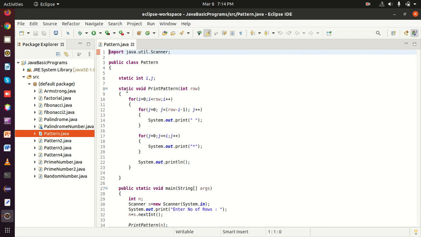With the static keyword we can access this entire method with the name printPattern without using any object of the class. We can directly call this method from the main method without accessing an object. Okay, so we can see here